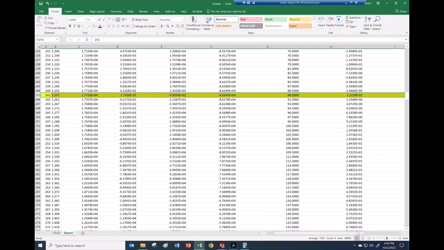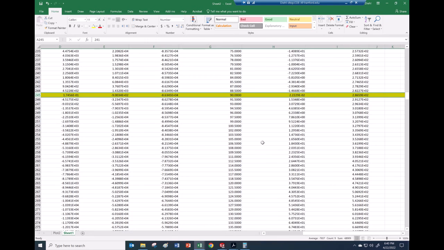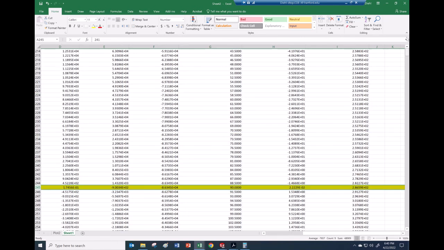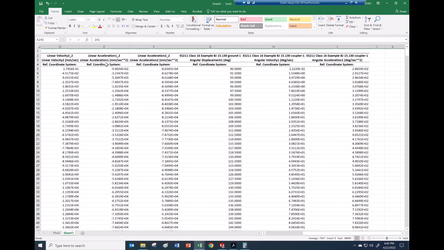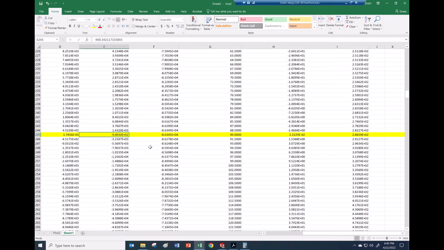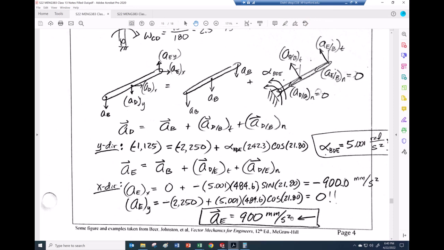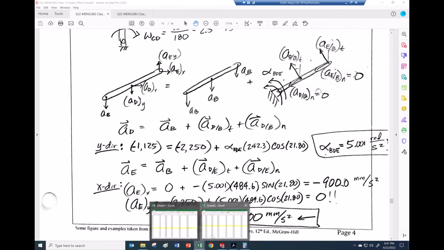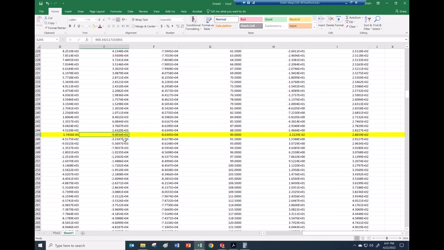The acceleration, one of the accelerations is downright close to being, see which column am I looking for? I think it's this linear acceleration area, so it's going to be column E. You can see it get a lot closer to being the 900, right? Is it supposed to be 900 or 500? 900, yep, it's supposed to be 900, and look how close I got. 900 here. And the same thing for the angular,